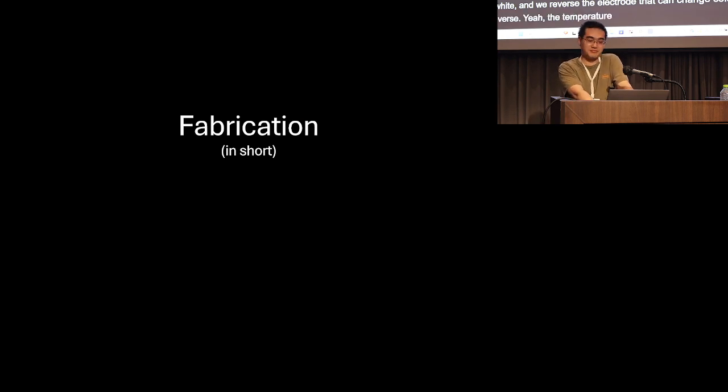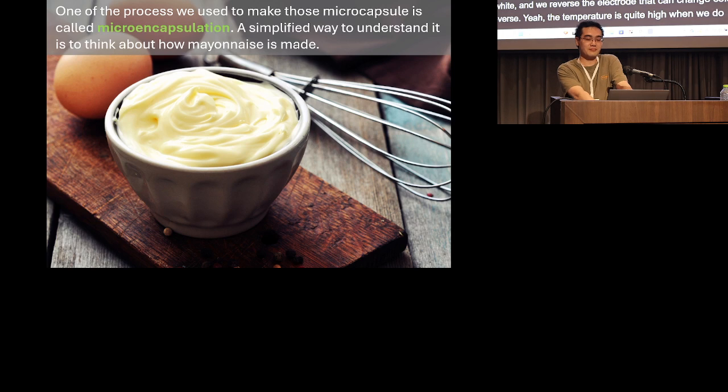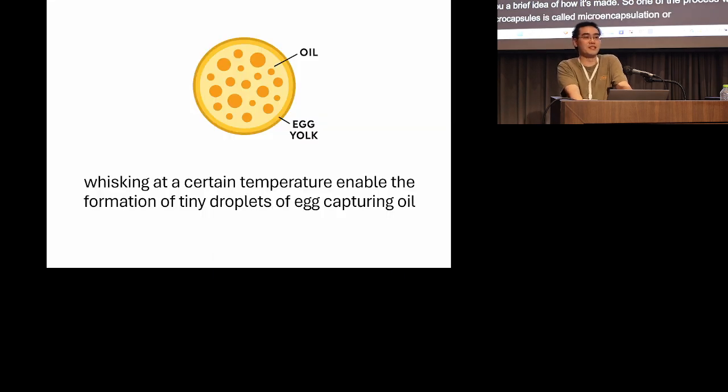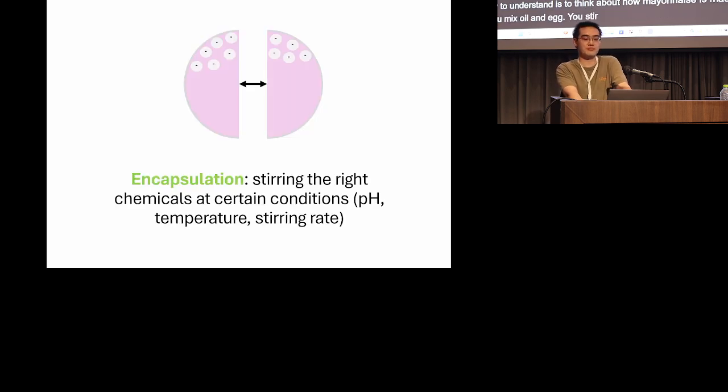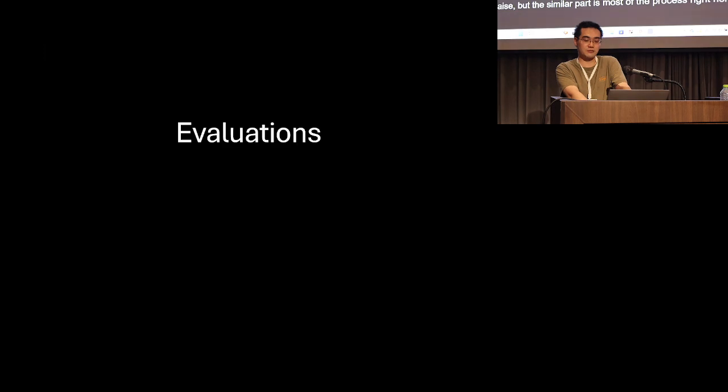But how did we make it? I want to give you a brief idea of how it's made. One of the processes we use to make microcapsules is called microencapsulation. A simplified way to understand is to think about how mayonnaise is made. In mayonnaise, you mix oil and egg, you stir it really fast at a certain temperature, which creates tiny oil droplets that contain some egg yolk in a shell. With e-ink, we have a similar process. Of course, it's more complex than making mayonnaise, but the similar part is that most of the process is about stirring things with different conditions, such as pH, temperature, and stirring rate, and all of this is to enable the encapsulation of the white particle